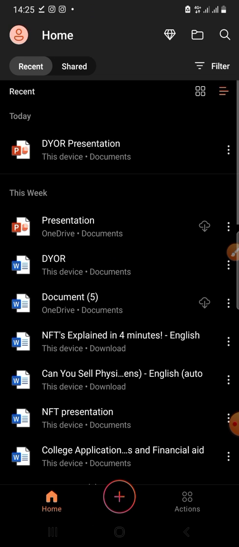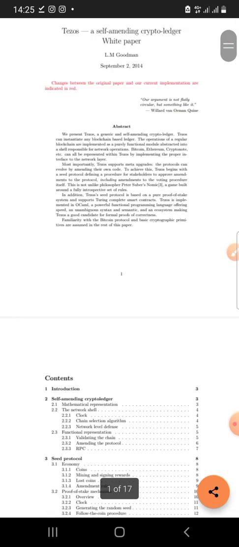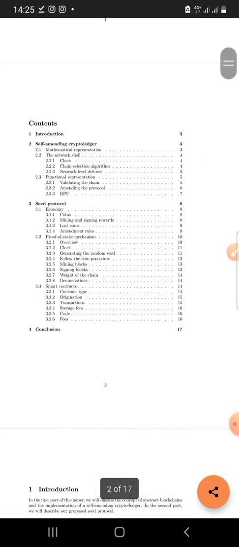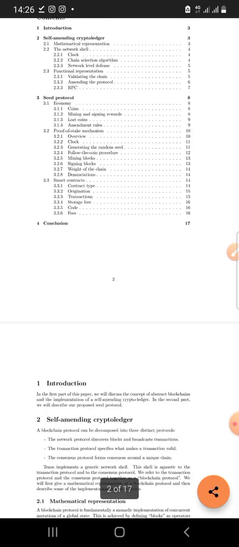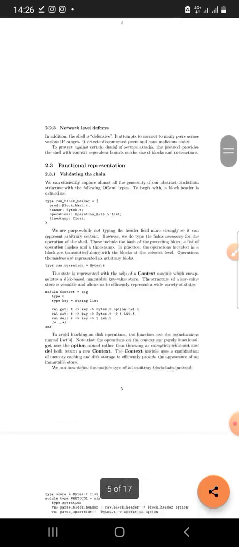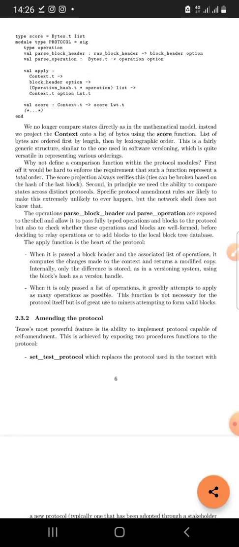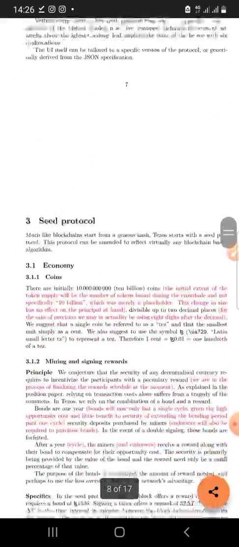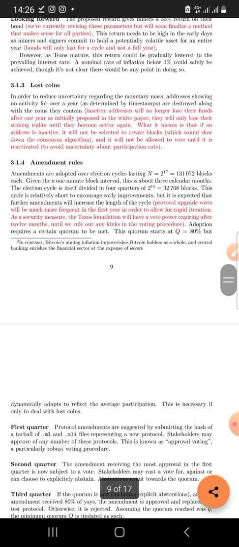Okay, so on the white paper, you're going to find a lot of information. You have the content here to guide you if you're looking for anything. The white paper is important because this is the official document where you can fact check everything that they have written on YouTube or on some other blog somewhere. This is where you really come to learn more about it. Don't worry if some of it looks technical, but of course there are some explanations that you can easily flow through. So apart from the white paper, how can we also fact check another thing?